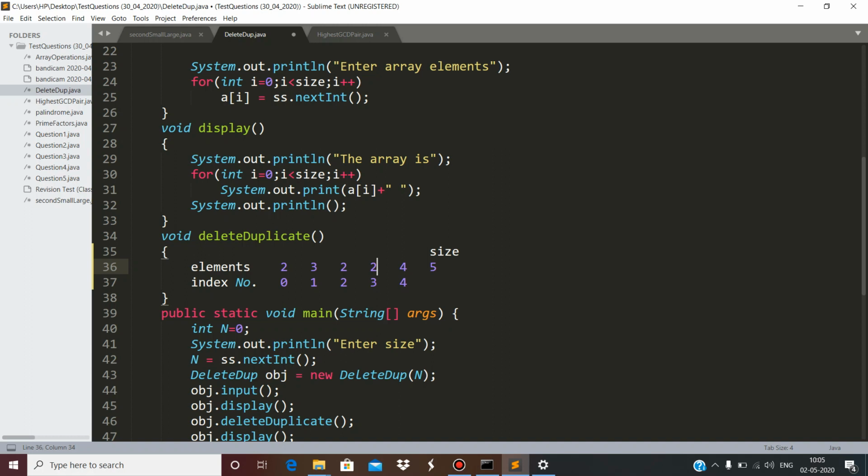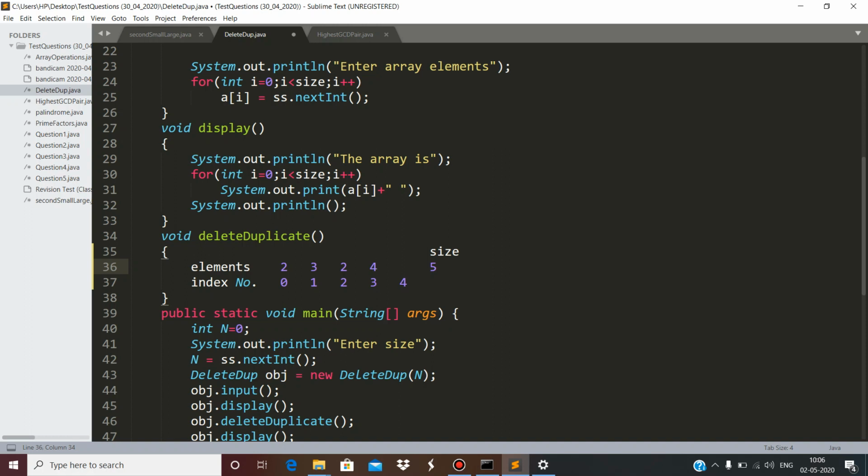Now how to delete? The deletion process is very simple. From index number 3 we have to shift all the elements one step ahead. It means the element 2 at index number 3 will come at index number 2, and this 4 will also come one step ahead.